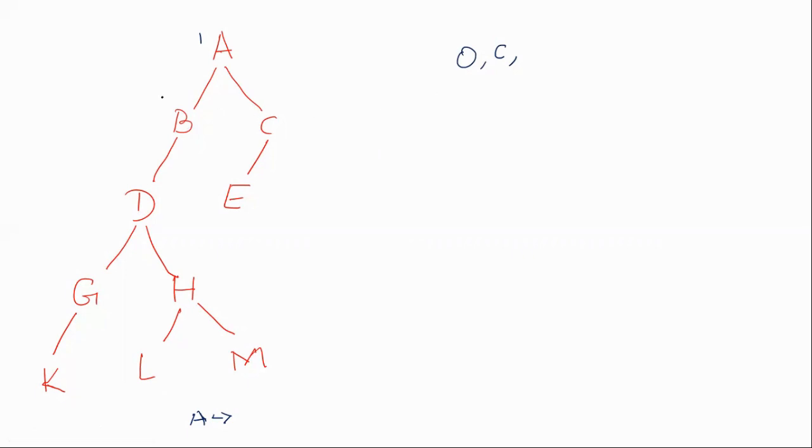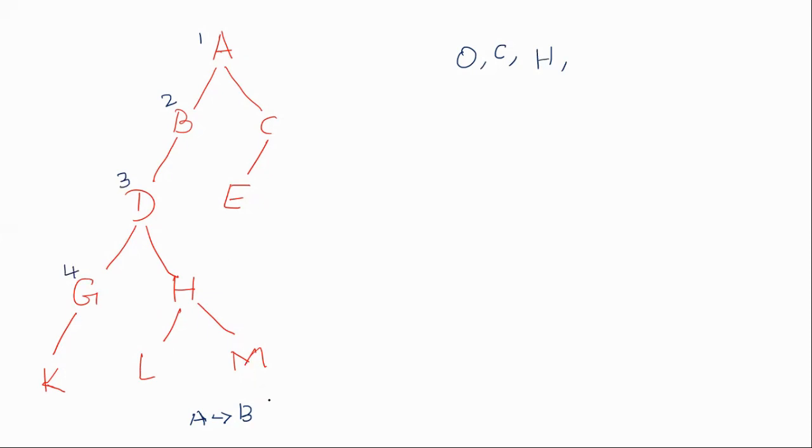The next one is what? The left child is there. So next is going to be B. And after B, it comes to D. After processing D, it realizes that there is a right child. So what is the right child? The right child is H. So that will be loaded onto the stack now. Then it comes to G. That is the next node. So this will be processed.